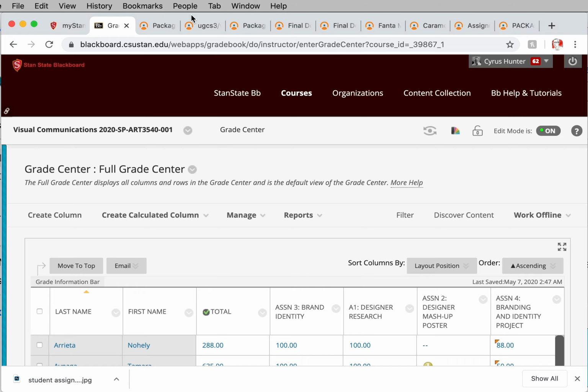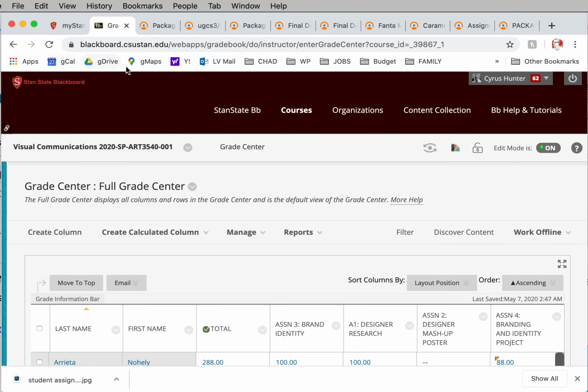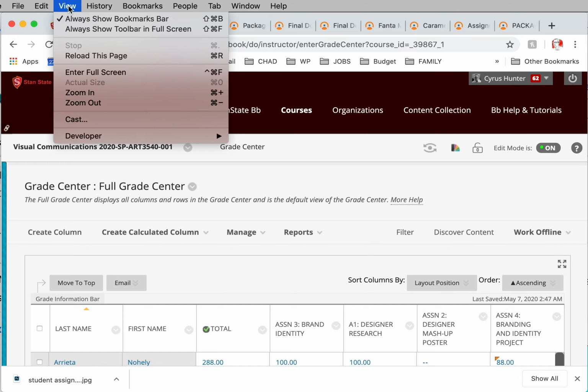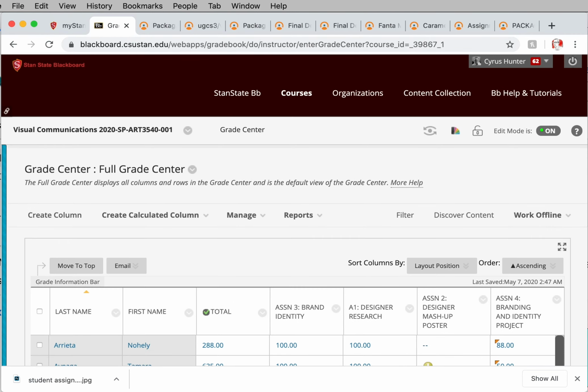What I do is I make sure that all my personal information is not visible. So if I'm in Chrome, which is the browser I'm looking at and going to be critiquing in, I go to View, and I usually have my bookmarks up. I usually hide those just for space issues, but also a little bit for privacy issues. So I go to View and unshow that bookmark,